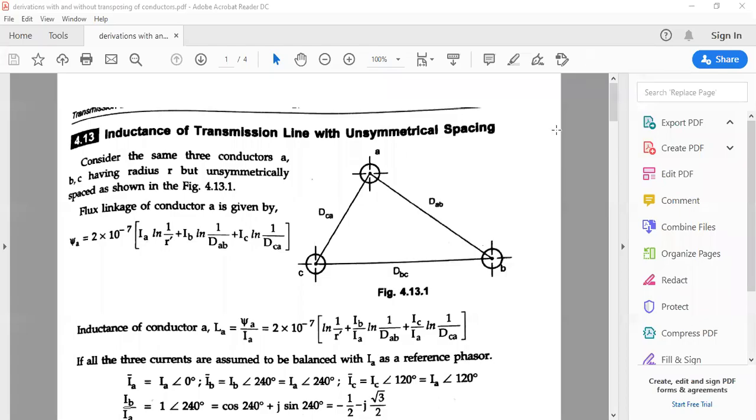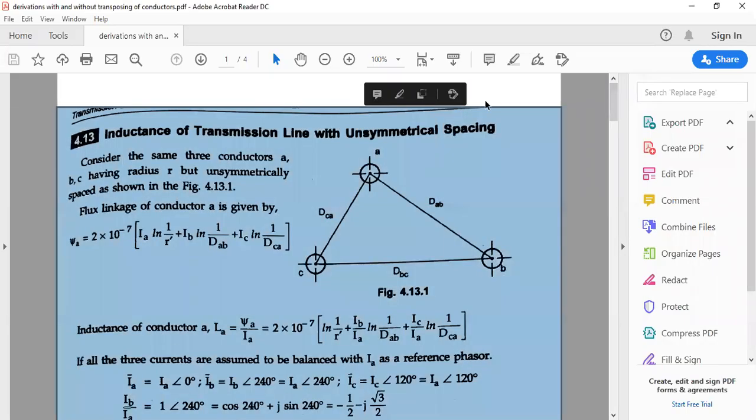Hello everyone. Today we are going to start with a new topic called inductance of a transmission line with unsymmetrical spacing. As you can see there, you will have three conductors placed. Let me write this one as A, this one as C, and this one as B. DAB is